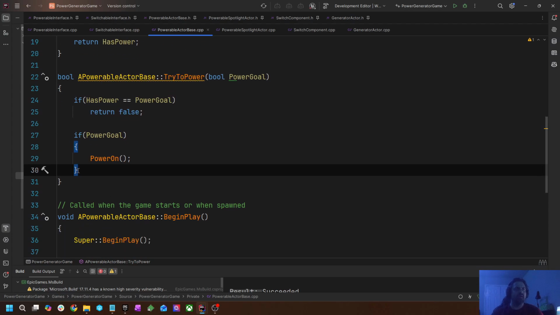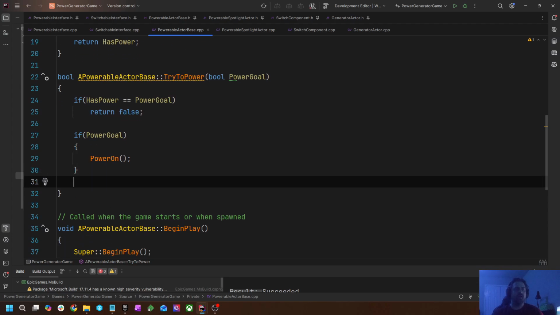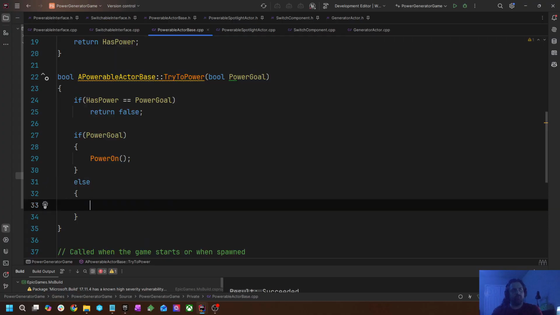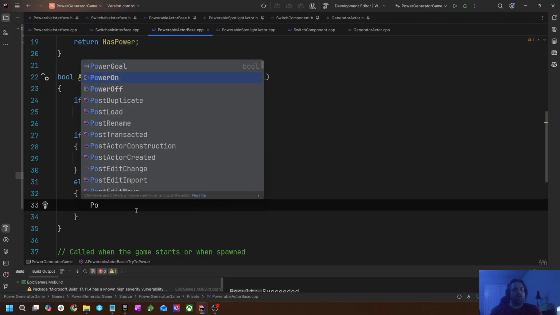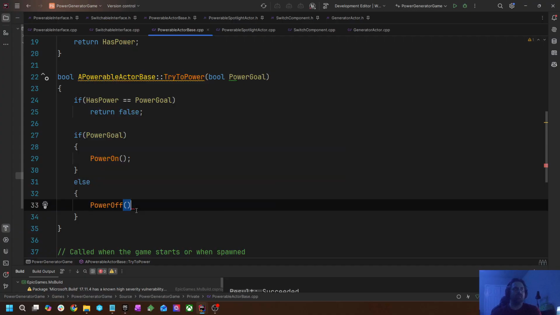Then we can click below these curly braces, hit enter, else, hit enter. That should automatically create our curly braces. And then we can go to power off. So I just started typing PO and then hit the down arrow a couple times to select power off and